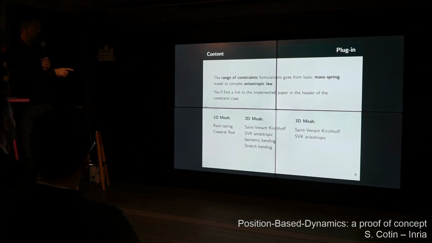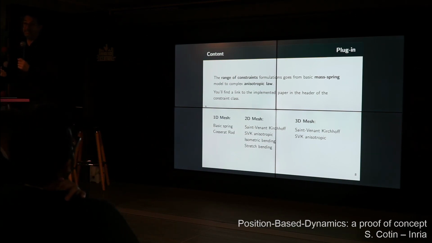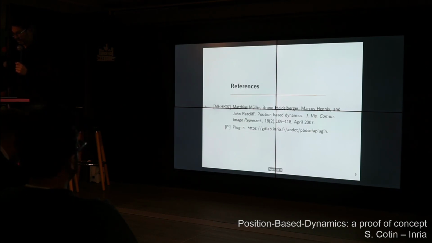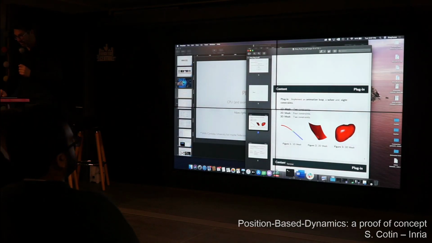In terms of constraints, they are listed here. In 1D, we have a Cosserat model and also some springs, so they can be elastic or not. You can add those constraints together and get some new behavior. In terms of elasticity, we have a nonlinear material, a Saint-Venant-Kirchhoff, and an isotropic version of it. We have isometric bending, and we also have another type of bending. And we have a similar thing in 3D. So here is the link to the plugin I showed you before, and I will try if I can run some